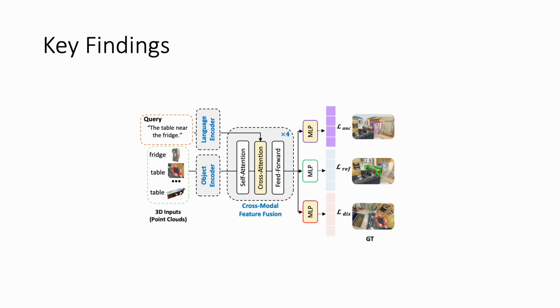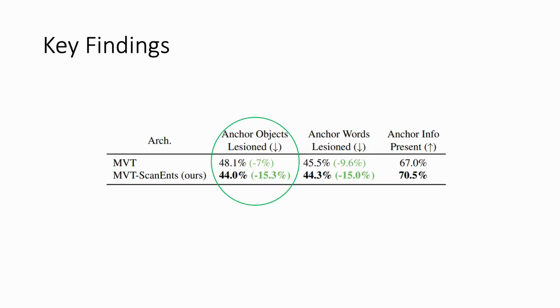The third experiment is to provide a simplified scene having only the anchor objects, the target object, and the same-class distractor objects. We observed that removing the object proposals that correspond to the anchor objects from the input scene results in a massive drop in the listening performance of MVT ScanEnts. The drop in performance in MVT ScanEnts is much higher than the drop found in the original MVT model. The result suggests that neural listeners trained with ScanEnts3D are similar to humans: they learn to rely heavily on the anchor objects to identify the target object, and are less influenced by the non-anchor or non-mentioned objects.